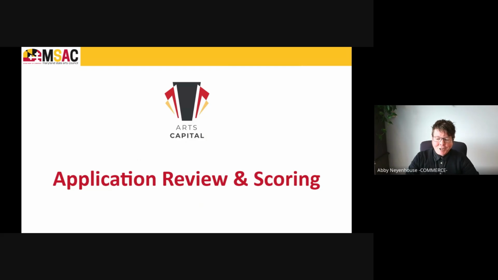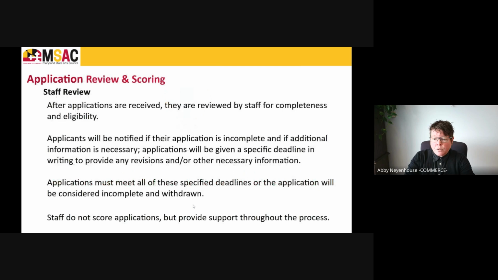All right, so we're going to move on to application review and scoring. I hope that you now have a better understanding of our application process and what the application in Smart Simple will be asking. I want to give a little plug to look at our FY26 guidelines. All of the application questions are going to be listed in there, as well as the associated rubric questions, and it gives more context of all this that we're presenting today. So it is a really great resource to reference after this presentation. So moving on to application review and scoring.